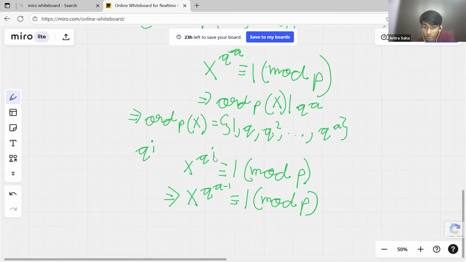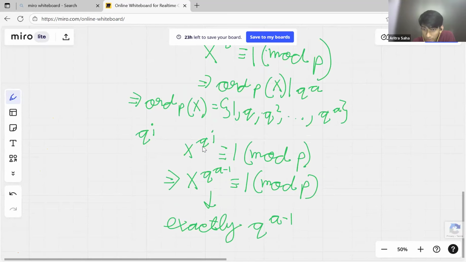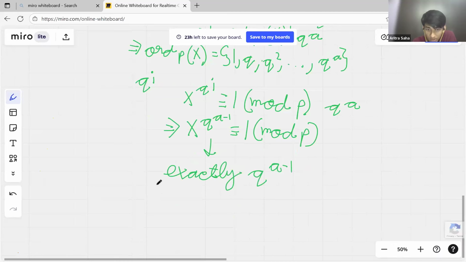But how many roots does this have? This is a divisor of basically p minus 1. So you know that this has exactly, that's why I proved the exactly condition, q to the power a minus 1 roots. And normally we had q to the power a roots, right? So in total,